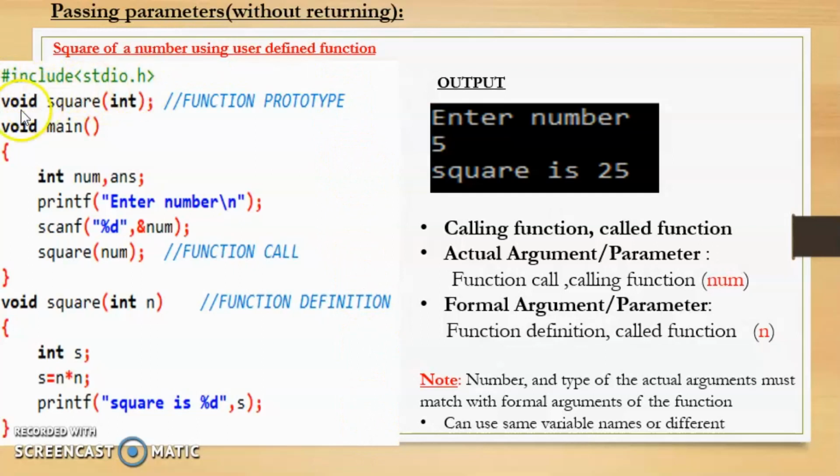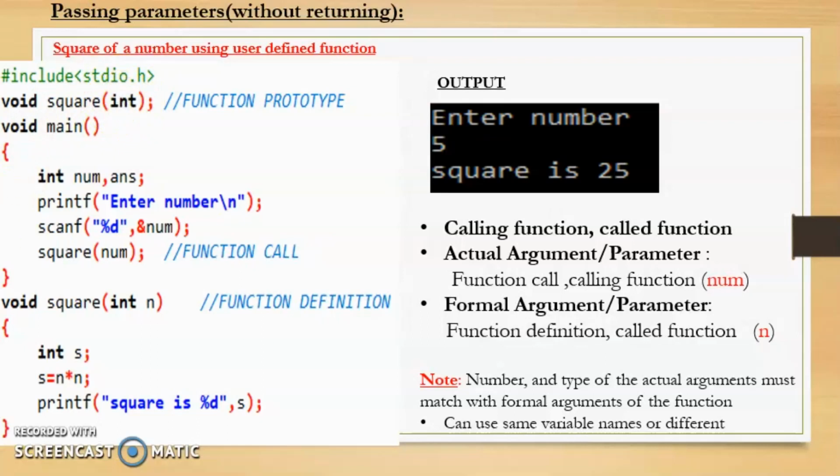First we write the header file. Then we declare the function which we are using in the code. The function is the square function. The name of the function is square, so first we have declared it. We have written void square, void because the function square is not returning any value. If you look at this function, we can see that it is not returning any value. As a result, the return type is void. Hence we have written void square. In these brackets, I have written int, which means that we are passing one parameter of integer data type.